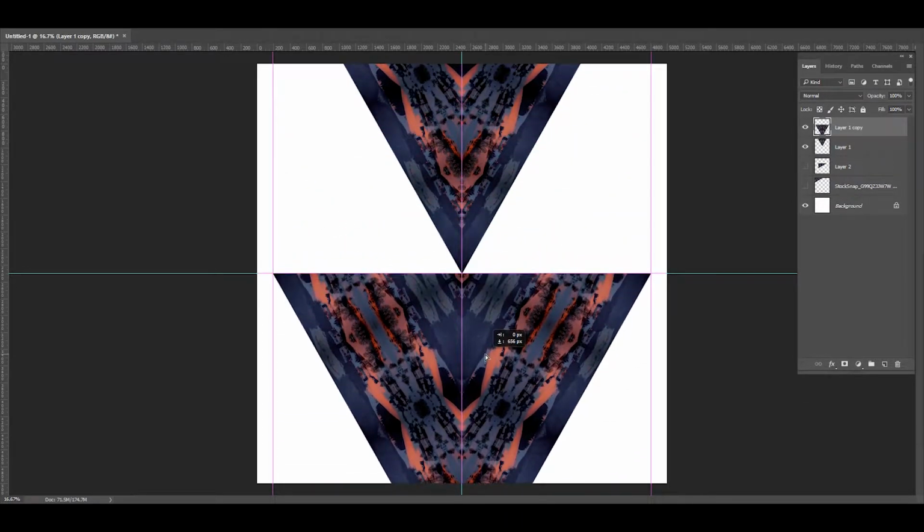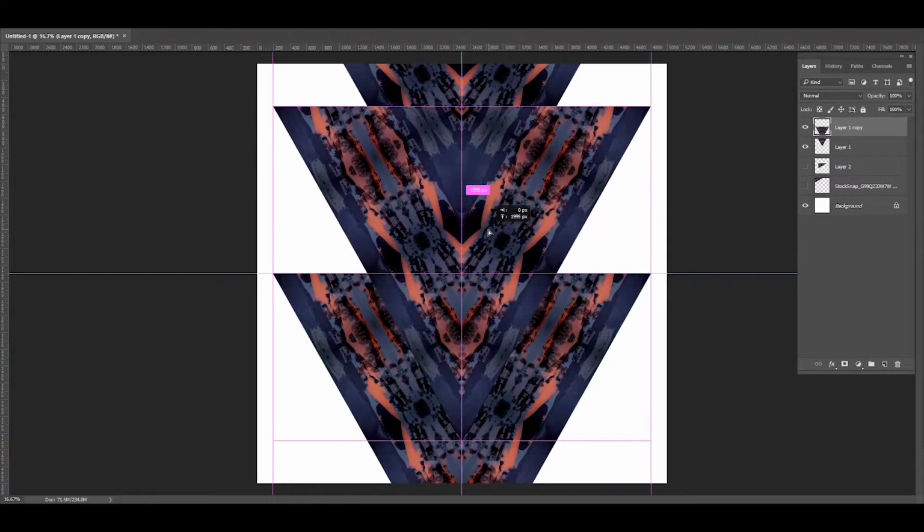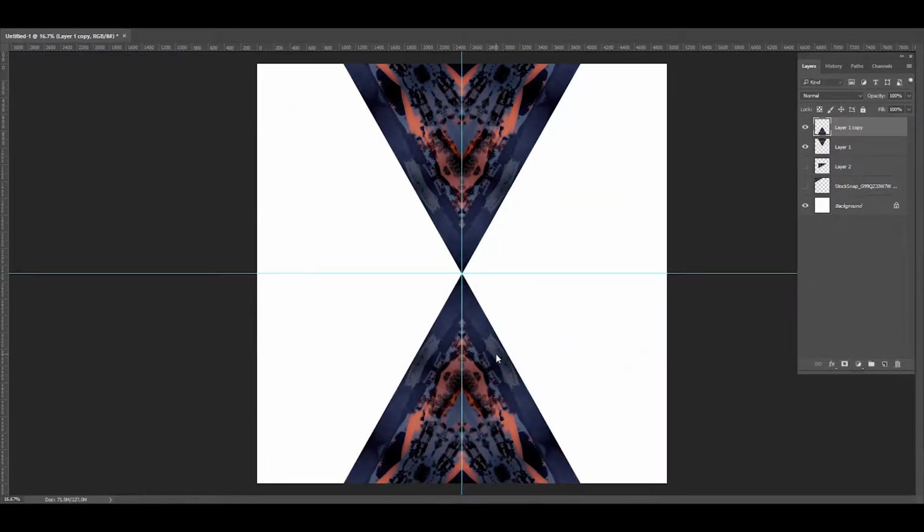So with this here, I'm just going to basically duplicate that whole thing. If anyone wants to know, just press the Alt key and drag your mouse. You can press Shift to keep it nice and straight if you need to. I'll just delete that layer quickly. And then again, all I'm going to do is